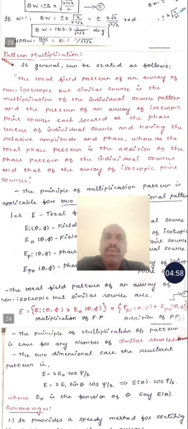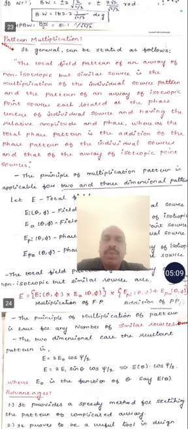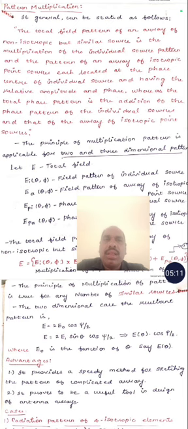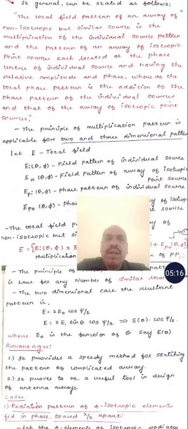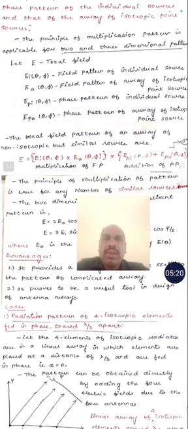pattern multiplication. The pattern multiplication of an array of non-isotropic but similar sources is the multiplication of the individual source pattern and the pattern of an array of isotropic point sources located at the same places as the individual sources and having the same relative amplitude and phase. In this condition, the total electric field E of theta comma phi is